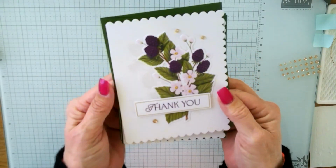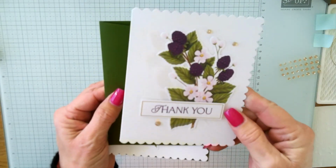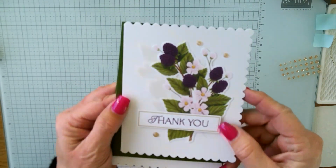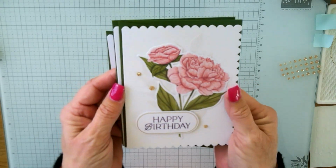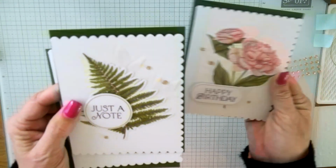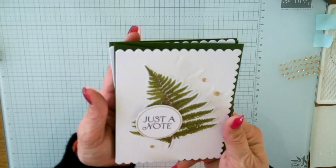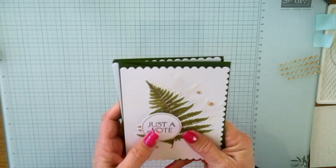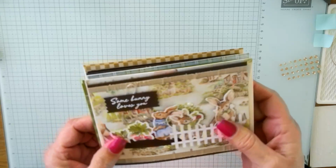It's pretty cut and dry how to make these cards, and super simple to make. And as you know, I always try to stick within the products in the kit and not bring in too many outside things. If I do, it's going to be like today: cardstock and maybe an embossing folder, an ink pad,